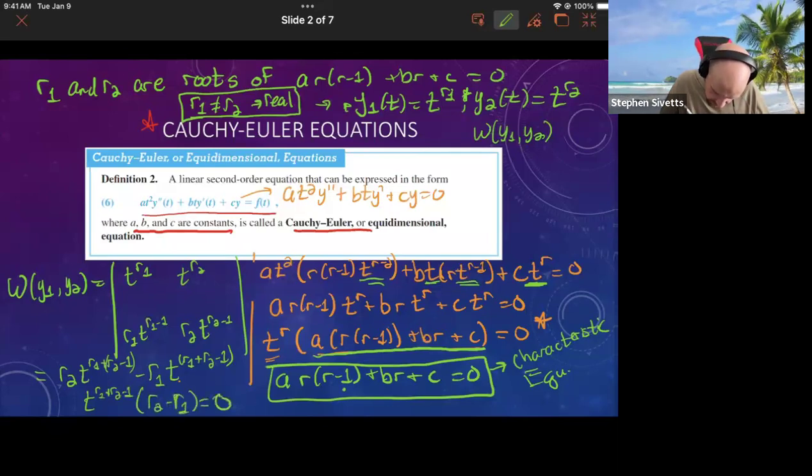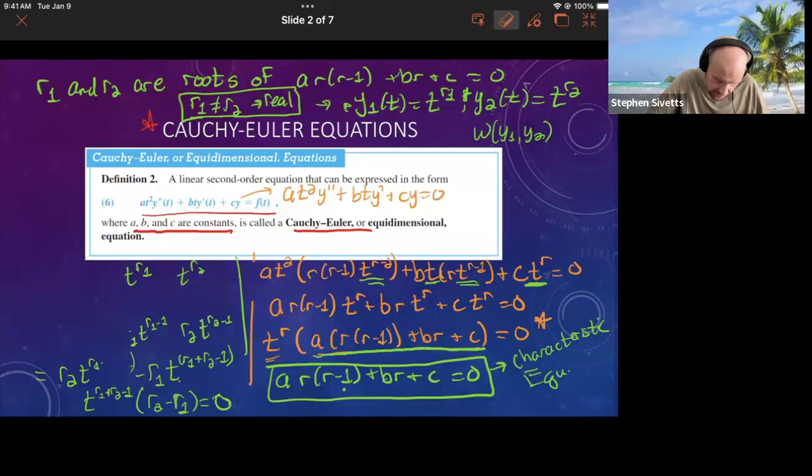I mean, the only way this is 0 is if t is 0, obviously, or r1 equals r2, right? So if we're assuming that r1 is not equal to r2, this is linearly independent, right? So if they're distinct, that's the straightforward case. Now, if